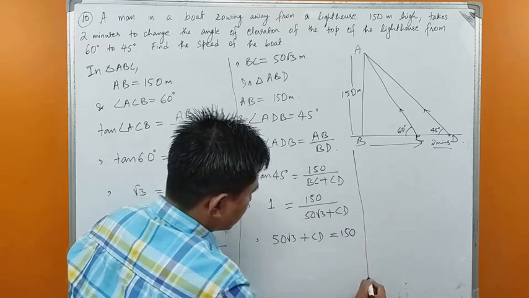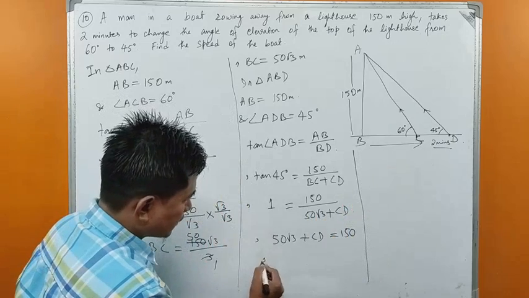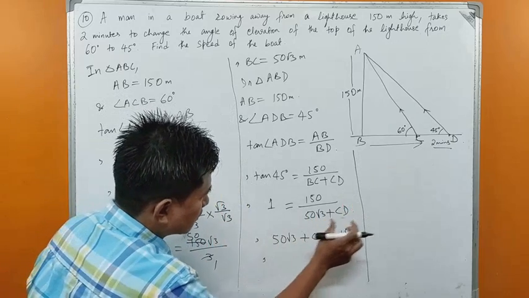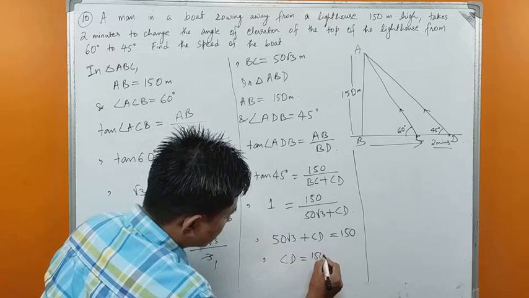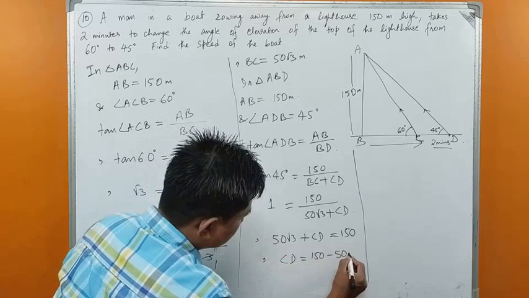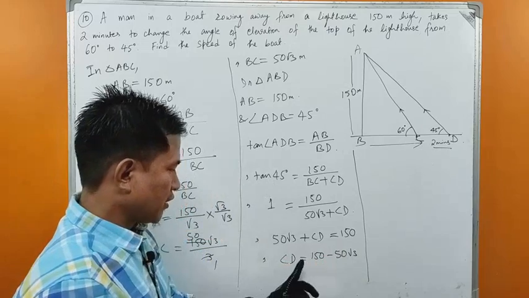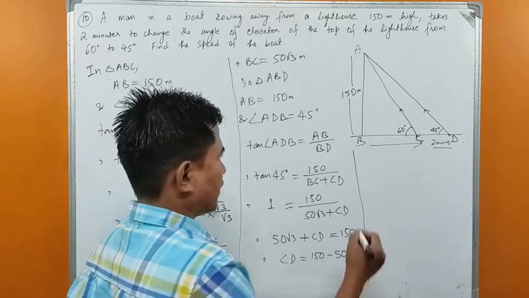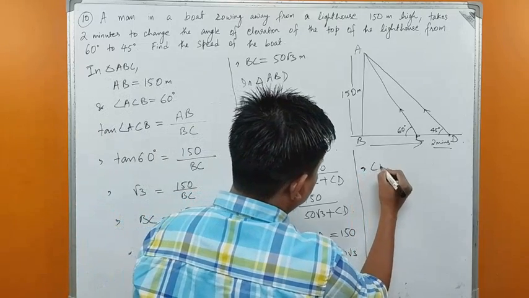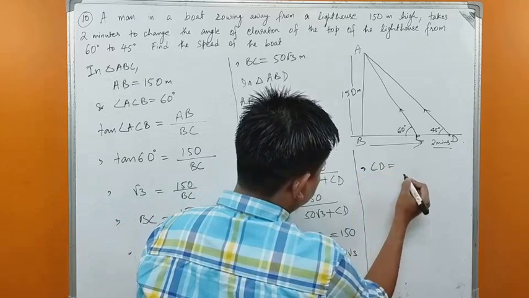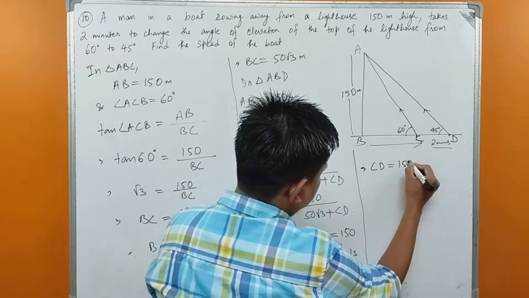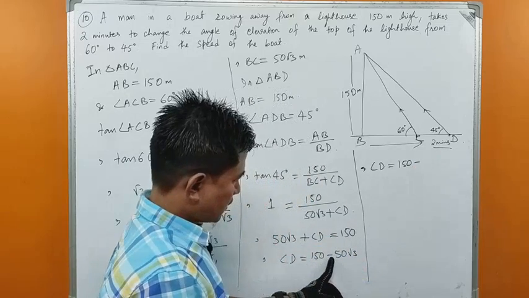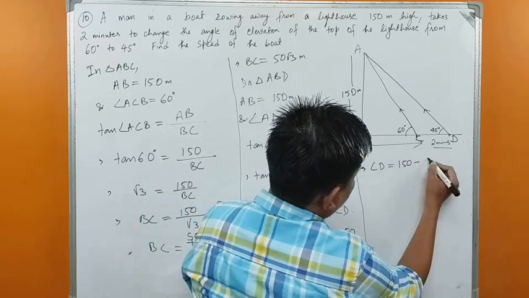Now let me continue here. Let us keep CD on the left hand side and take this number to the right hand side. CD equals 150 minus 50 root 3. We write 150 as it is, minus 50 root 3, which means 50